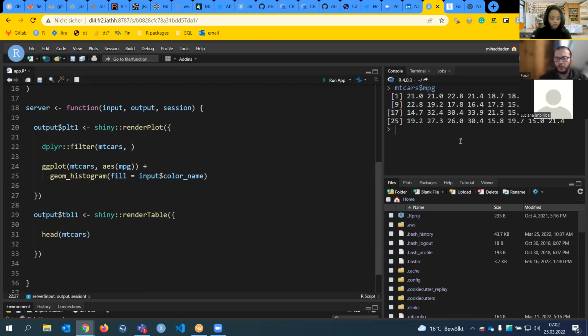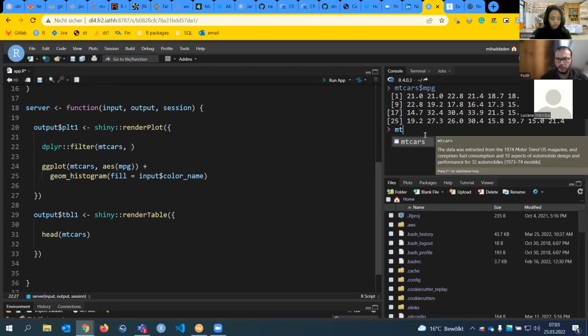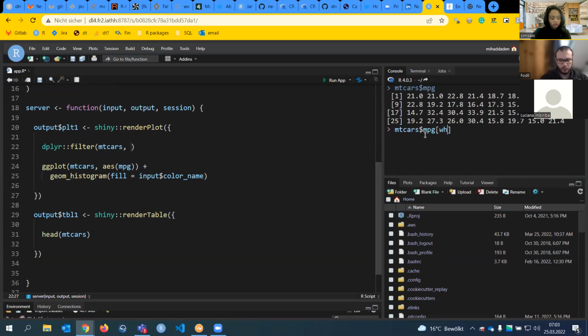Let's say I want to display only the cars which have an MPG greater than 20. If I want to know exactly how many cars I have, I can do this, mtcars MPG greater than 20, and I will just want to check the length.